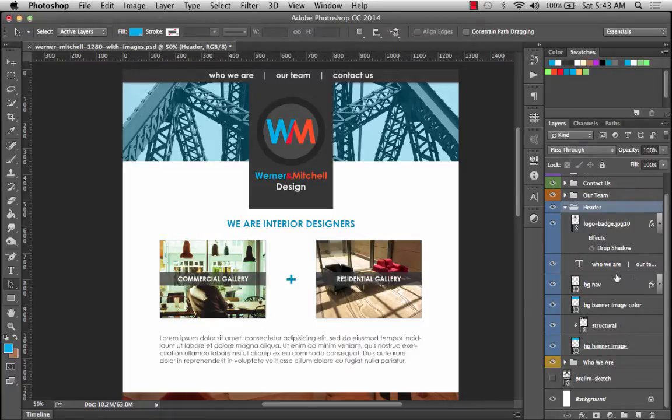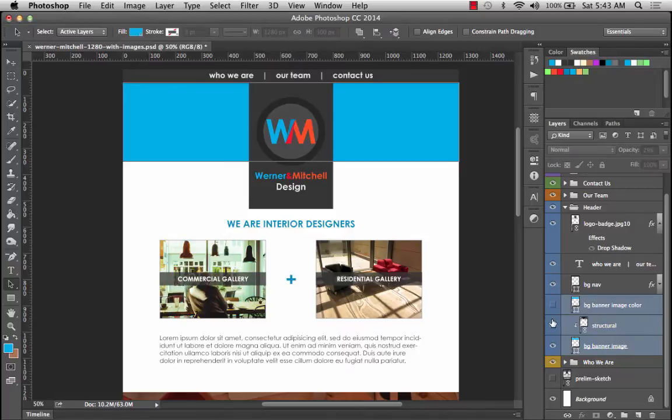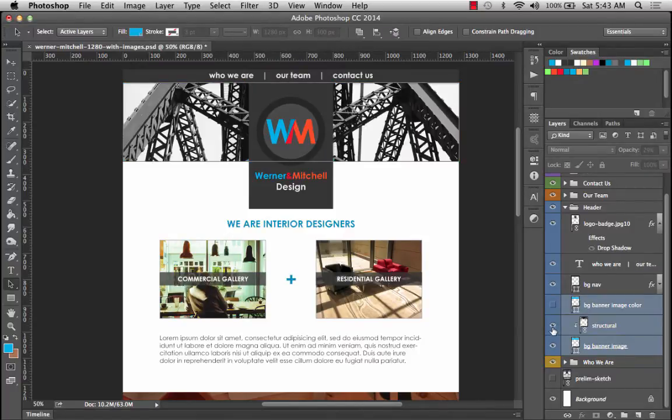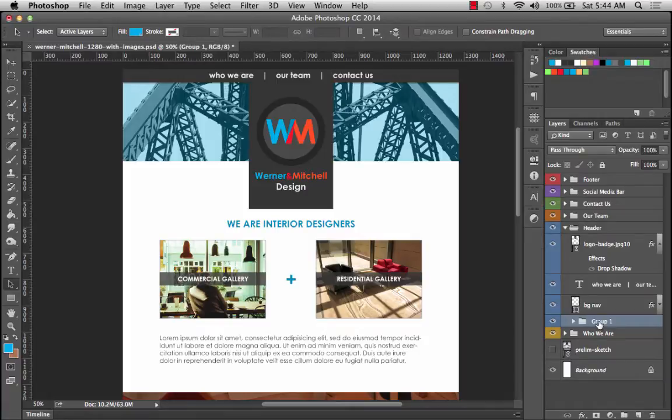Let's go down here and find the pictures that contribute to the architectural detail, and it's these three layers. So if we turn those off, you can see that all of them are integral to that background image actually looking the way it does on our screen. So what we can do is select all three of these, and then we're going to group them, and then we're going to actually call them